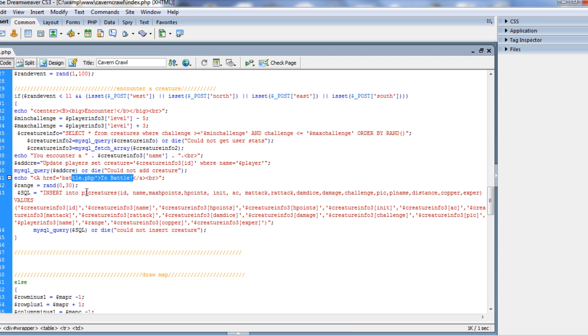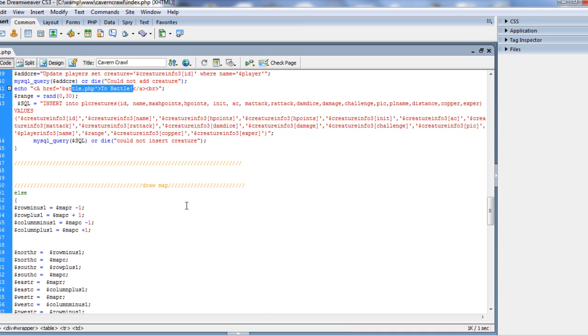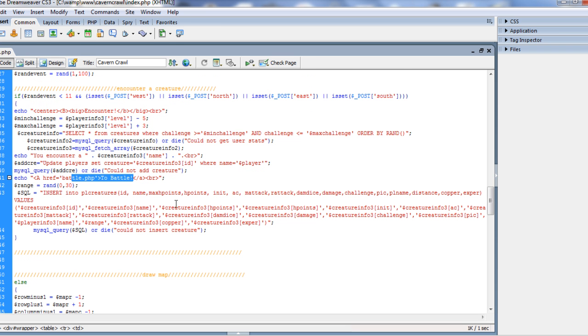Then it inserts player creature, so it can save the hit points and everything else that each person's fighting. That's where it enters into the player creatures table and adds all the data from the actual creature, so it stays the same. Else, if there's not a creature, if no encounter, and with an encounter you can add, you found treasure or whatever, this is where you would put it. So you would put, if random event is, let's say, greater than 10 yet less than 20, so you'd want to go from 11 to 20, then you could put, well,